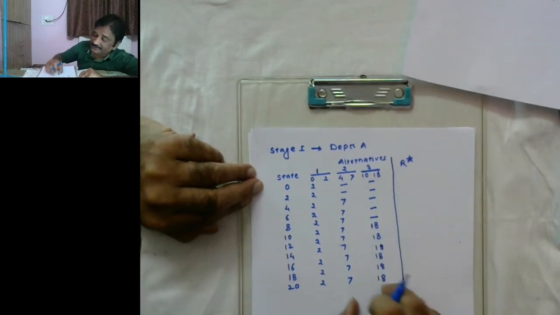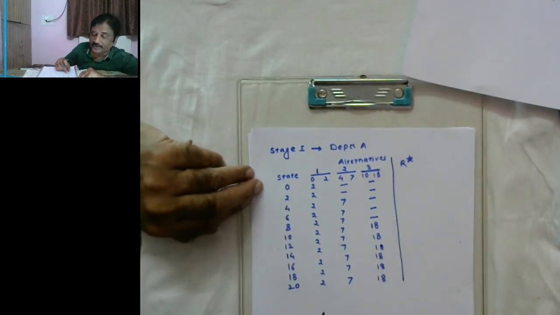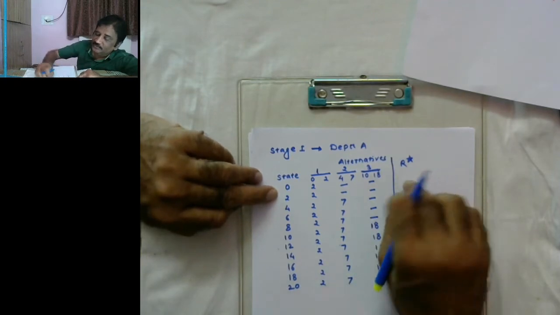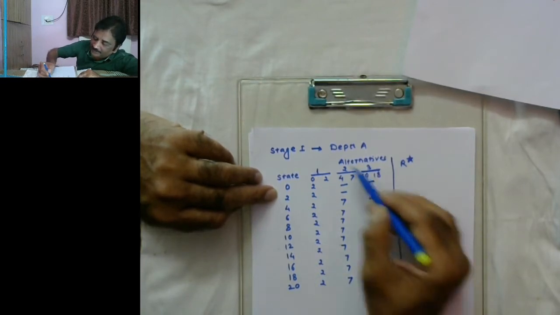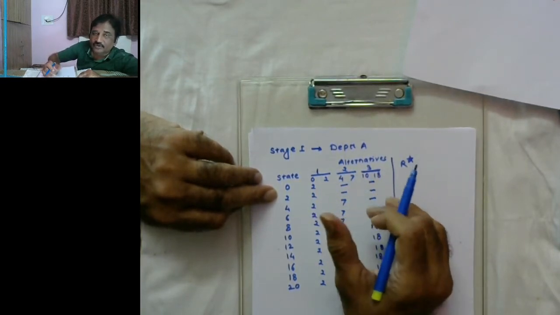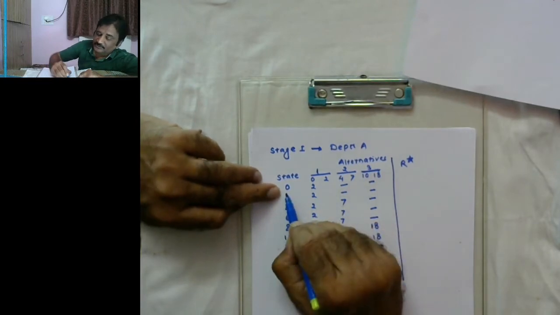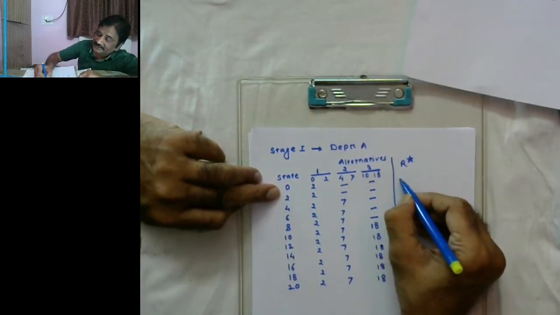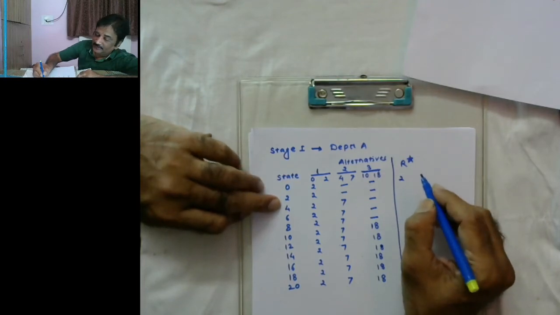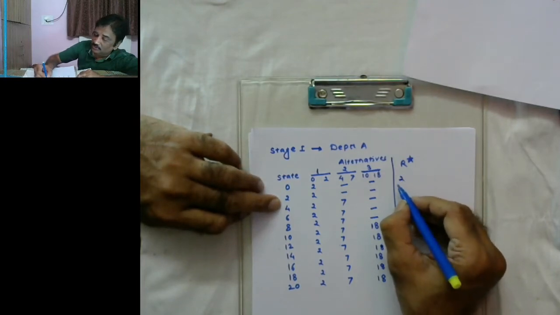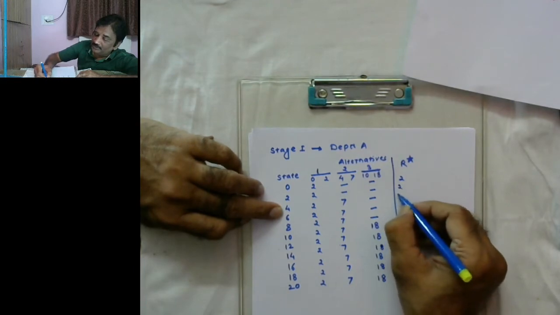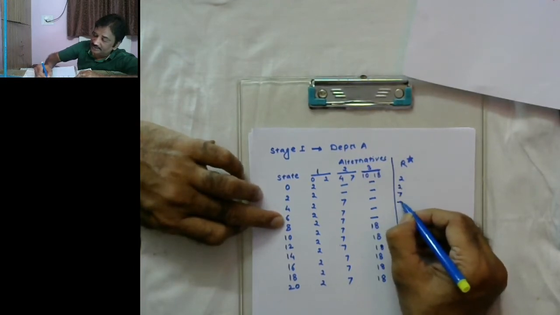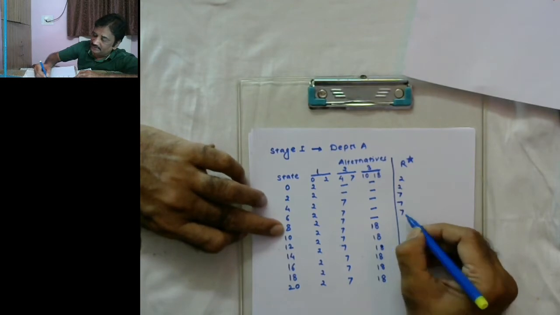Now, optimal return has to be function of state only. For each of the state, you have to find out what is the optimal return. Obviously, that will be found out by referring to the returns. So, if you have 0 crore rupees, optimal return will be 2 crores. If you assume that you have 2 crore rupees, again the optimal return will be 2 crore. If you have 4 crore rupees, optimal return will be 7, 6 crore, again 7, 8 crore, again 7, and